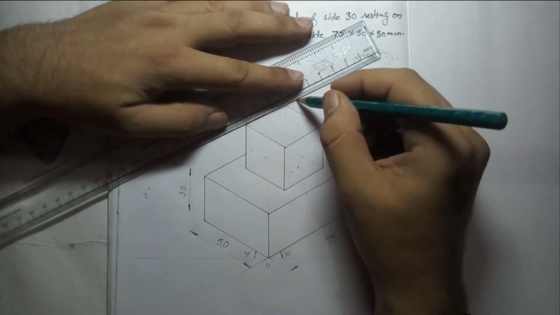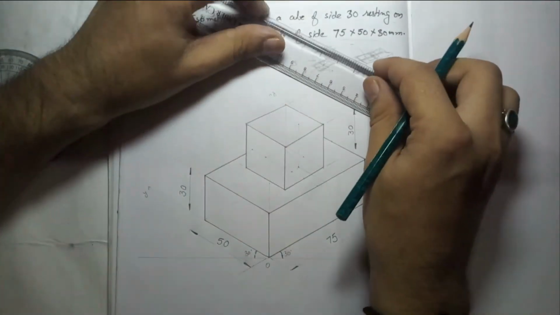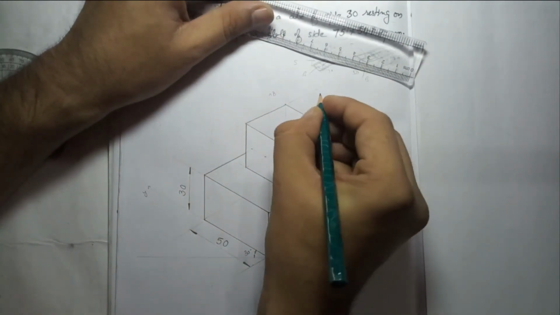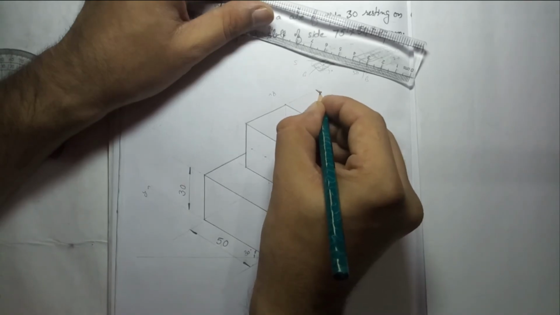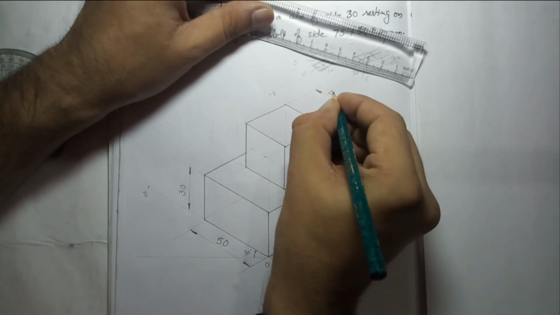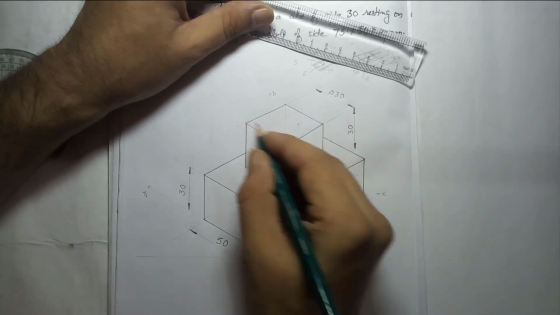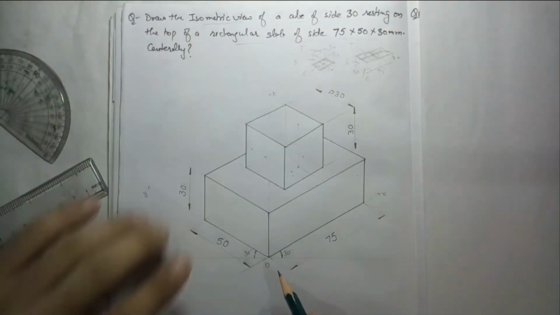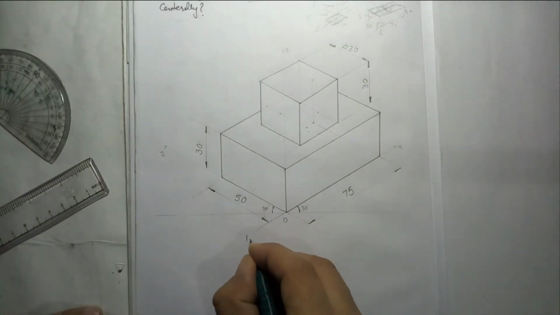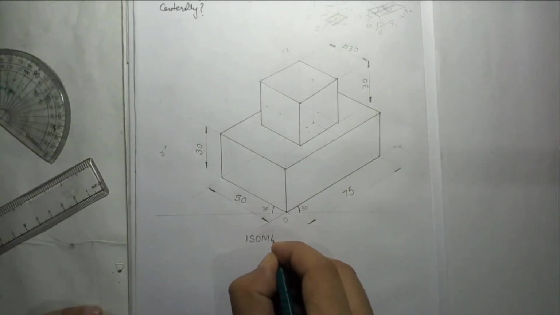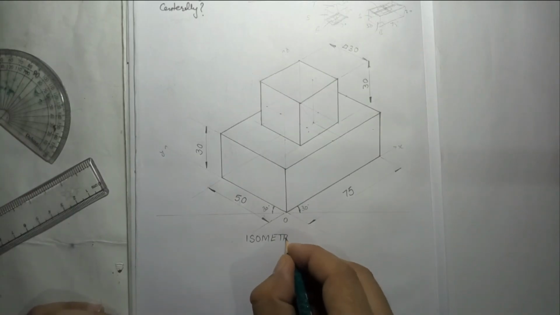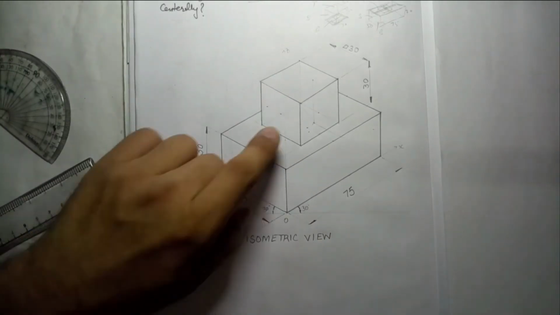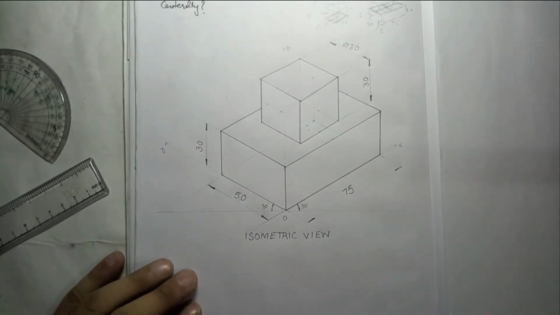Now here also we have to give dimension to this. Now here I can give the value like this, square 30, because it is 30 by 30, so no need to give 30 and again 30. You can give the symbol, or you can write SQ30. So in this way you can give the dimension, and below this you have to mention the category. Is it isometric view or projection? So this is isometric view, so you must write this below the diagram, because we are taking the actual dimensions, given dimensions, to draw the diagram. So this is the solution.